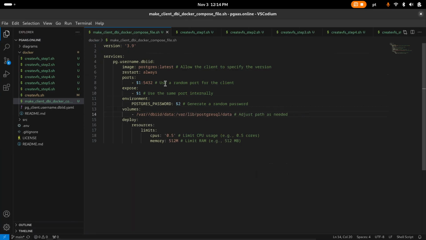Username, database instance ID. Let's use username as 1, database instance ID as 2, port as 3, password as 4. So username, database instance ID,